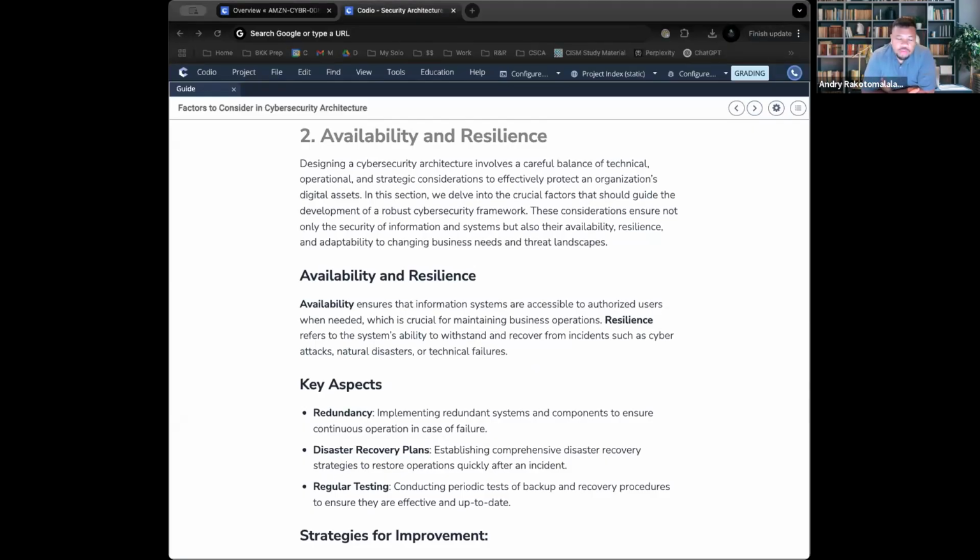Now, if you remember, the CIA triad stands for confidentiality, integrity, and availability. The concept of availability is centered around making sure that all of your assets, software, and services remain online and accessible to all of its intended users. A simple way to think about it is Gmail.